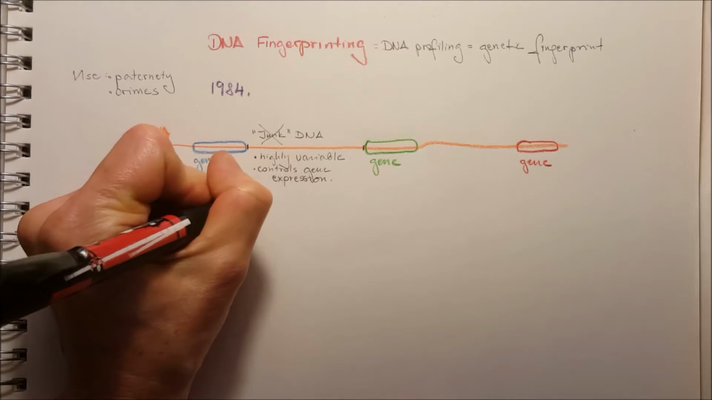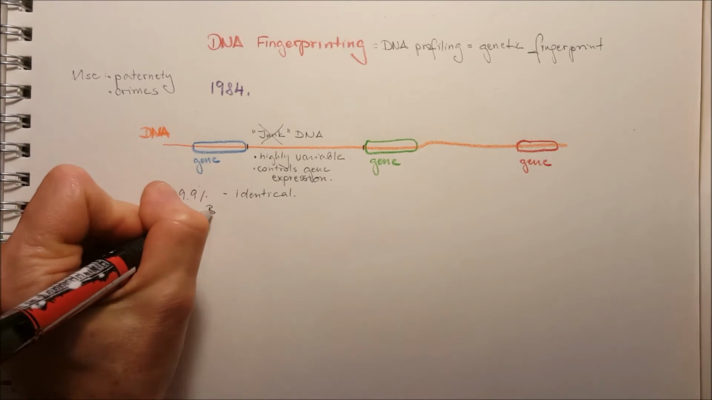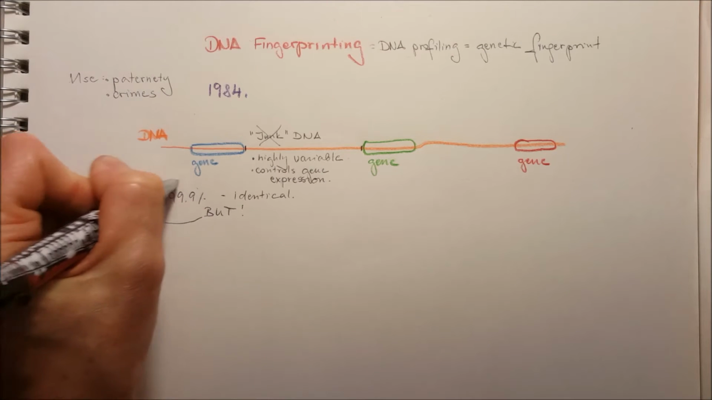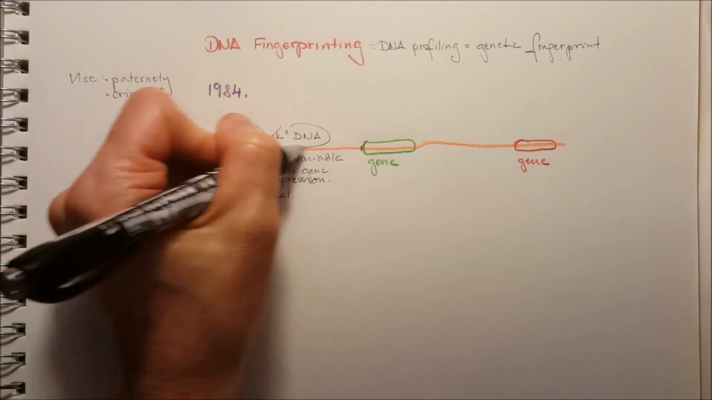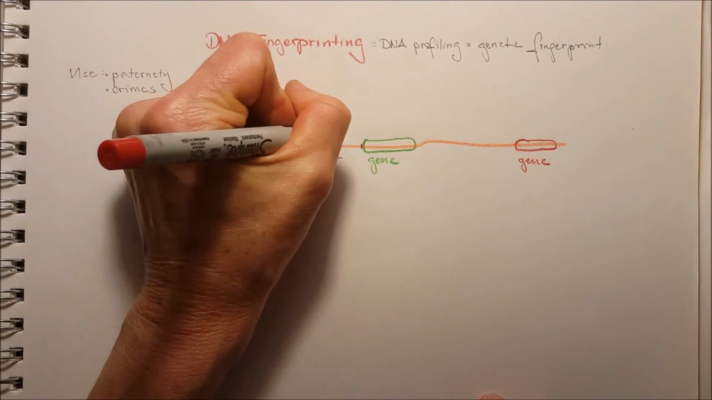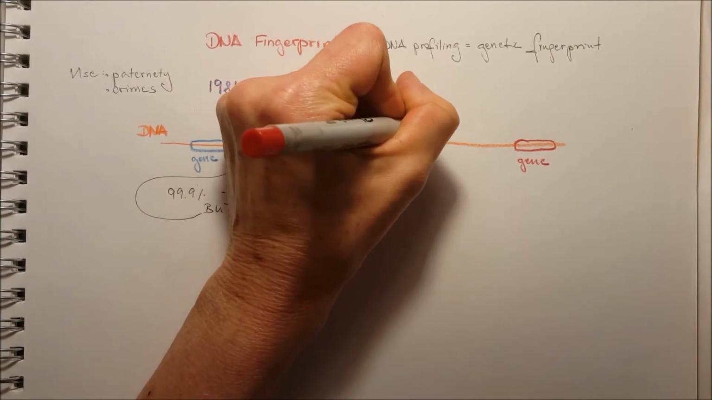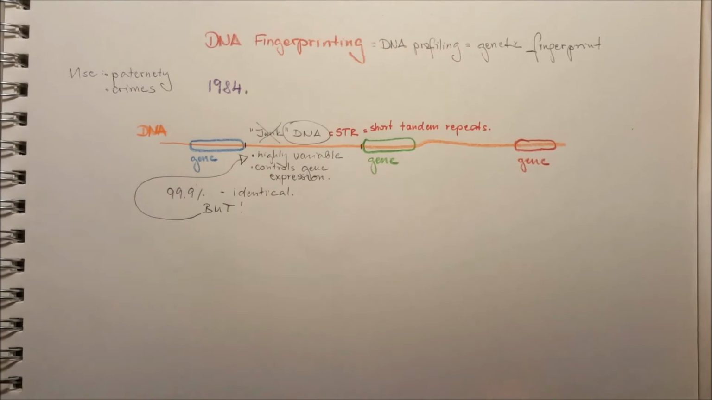99.9% of the DNA is identical within the same species, but we have the DNA segment between the genes that is highly variable. So it's unique pretty much for every organism in a species. This DNA segment between the genes is called the STR, the short tandem repeat section, that is made out of